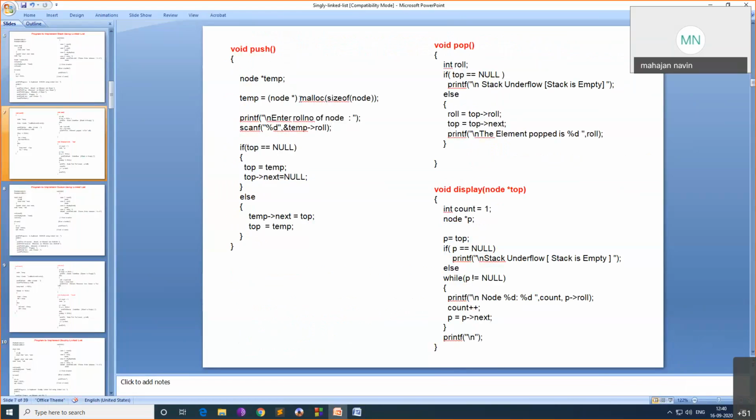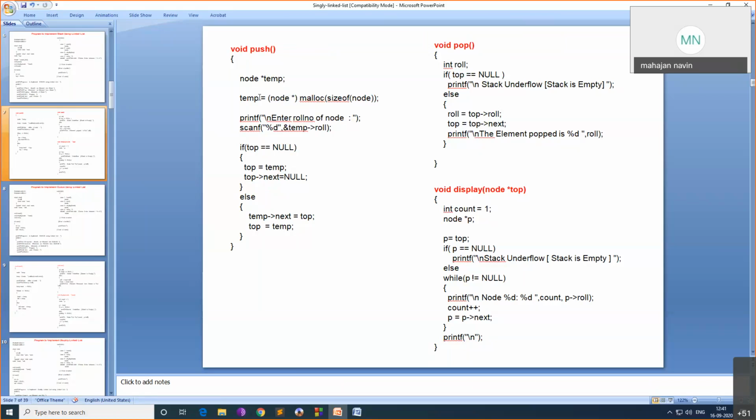But normally it is a void pointer, so typecasting you have to do. You have to convert that void pointer to a node pointer, because temp is not a normal pointer. It's a pointer of type node. So that's why we have node star as a typecast, which will convert this malloc pointer, which is of type void, to a node pointer.